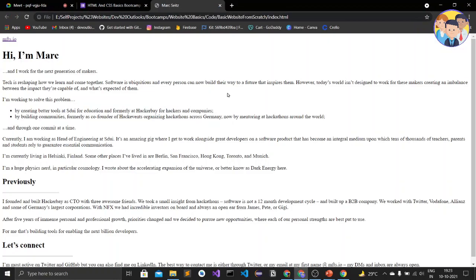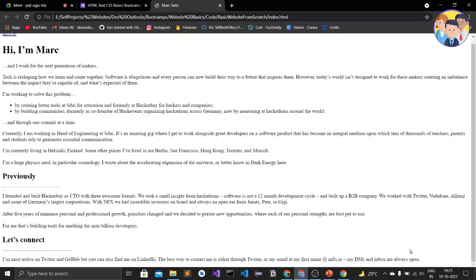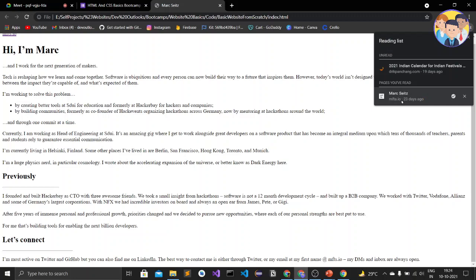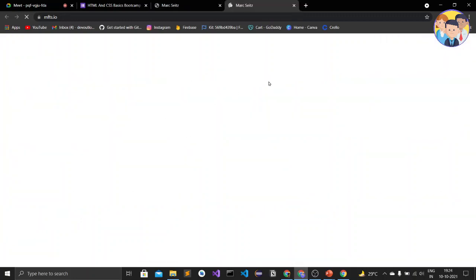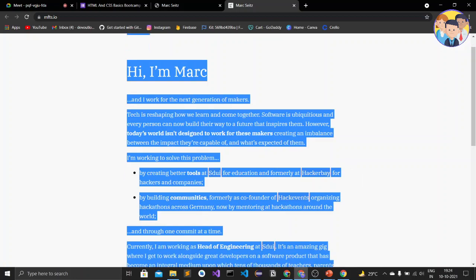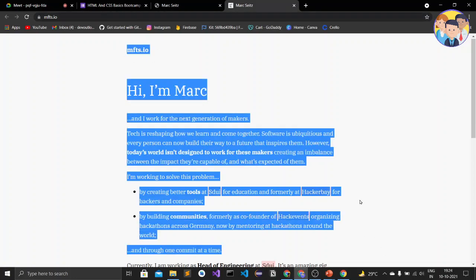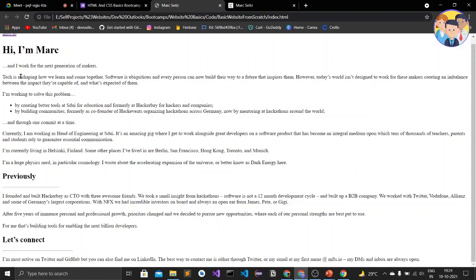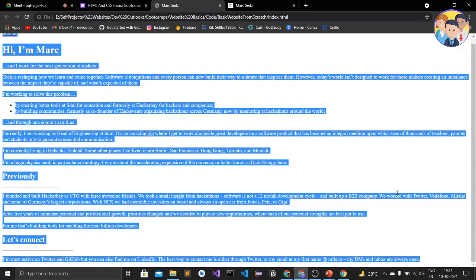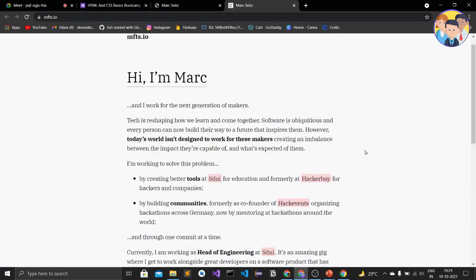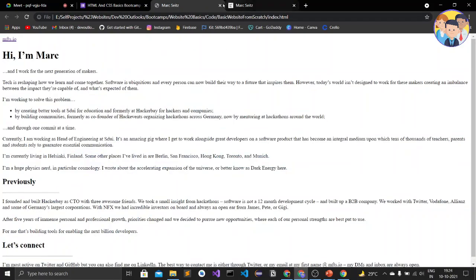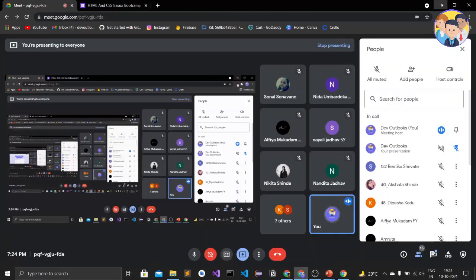So this is the website which we created in the last bootcamp, and we cloned it from another website. This is our final product. We will create this hover effect, this background color, this bold effect, this horizontal line, and this underline effect. We are going to create these in this bootcamp. This is a very basic structure of this website, and we are going to style it in this bootcamp. So let's see what we saw after that.